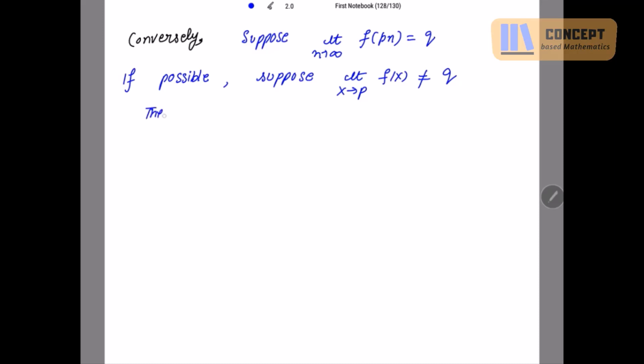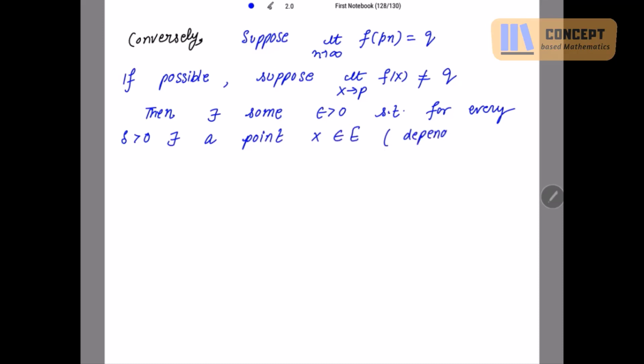That is, there exists some epsilon positive such that for every delta positive there exists a point x belonging to E, depending upon delta, for which distance in y, that is f of x comma q, is now not less than epsilon but greater than or equal to epsilon,